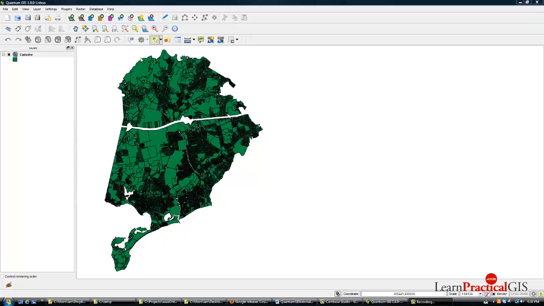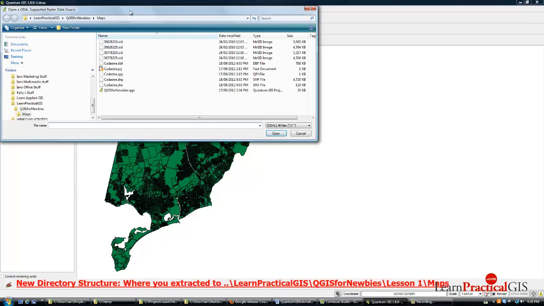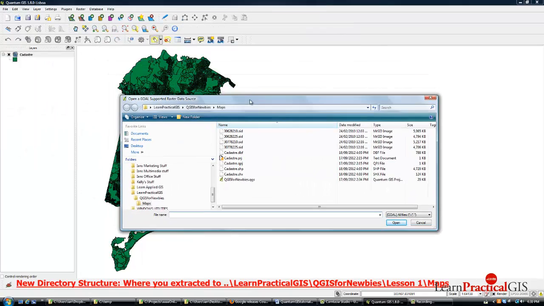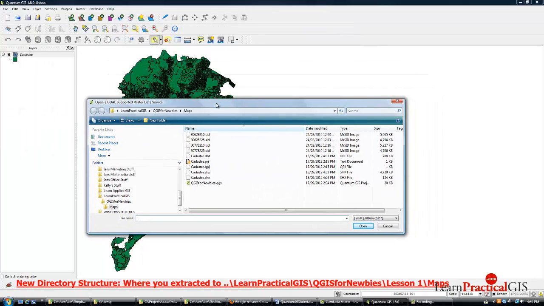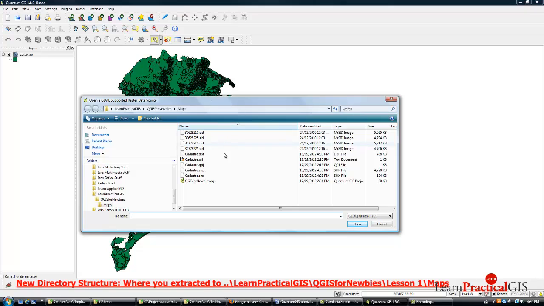So we go to this button here that says open raster file, and you can't see the help text once again because my screen capture software seems to override the help text. We've got these 4 files here, which are known as MrSID files. Now, MrSID files are a particular proprietary raster data format for air photography and satellite imagery and so forth,